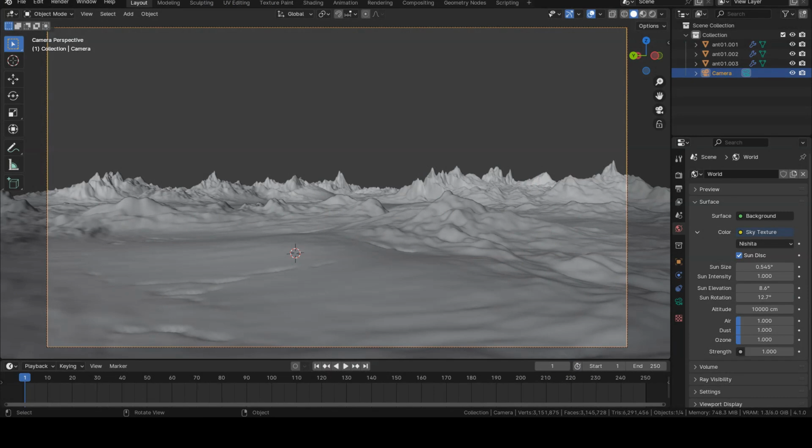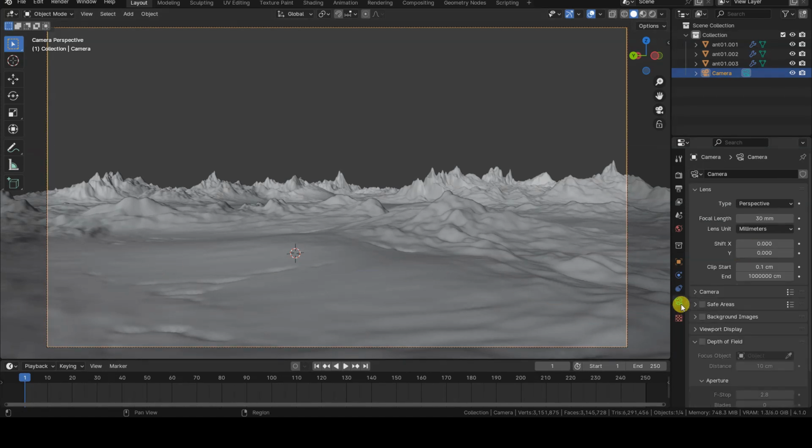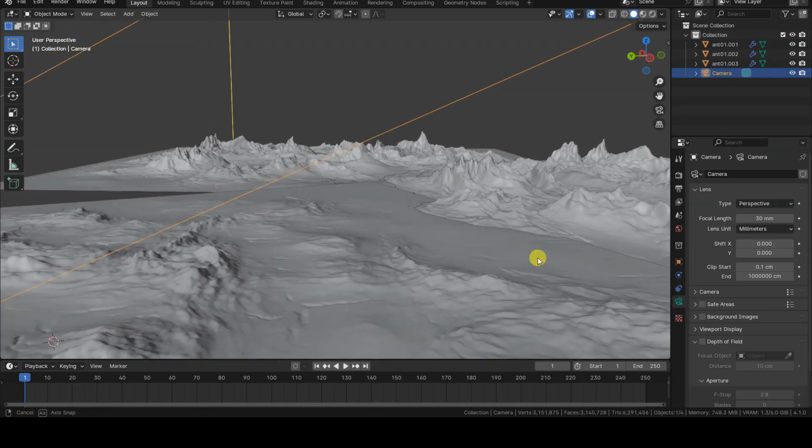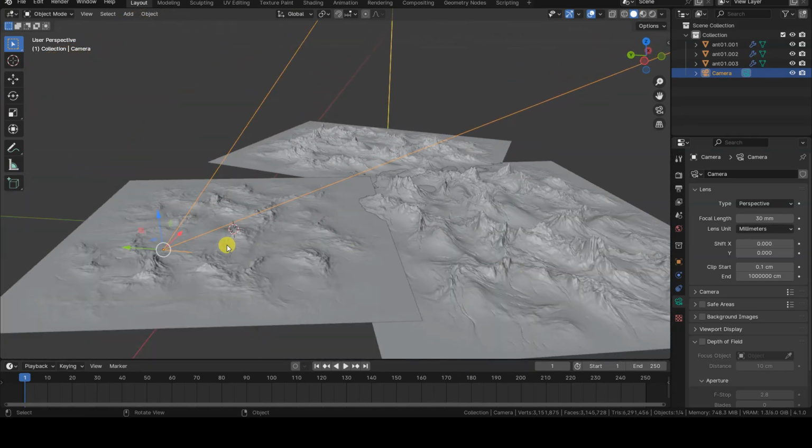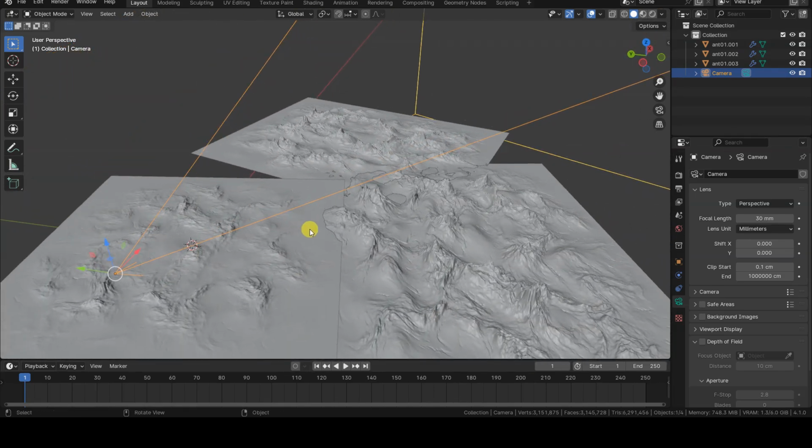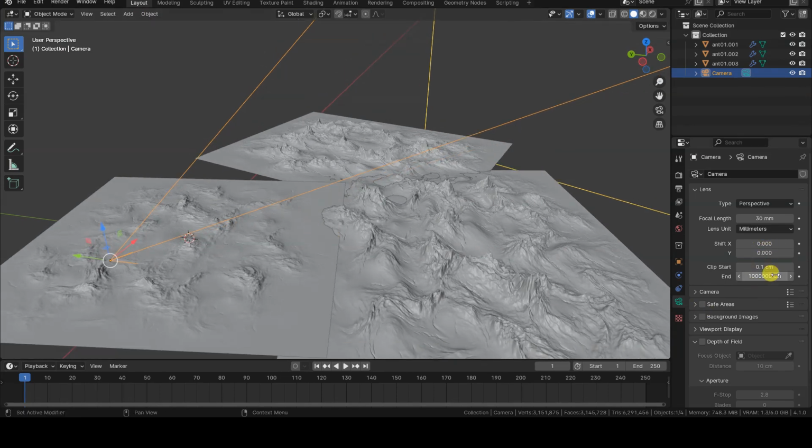At the end of the previous episode, I mentioned that before starting the rendering, we need to address two aspects: the clipping end of the camera and the separation of the virtual background. The mask provided by the depth output of render layers will indeed show objects positioned at clip start as black and those positioned at clip end as white. These settings can be found in the Object Data tab of the camera object, but by default, they are not displayed in the 3D viewport.